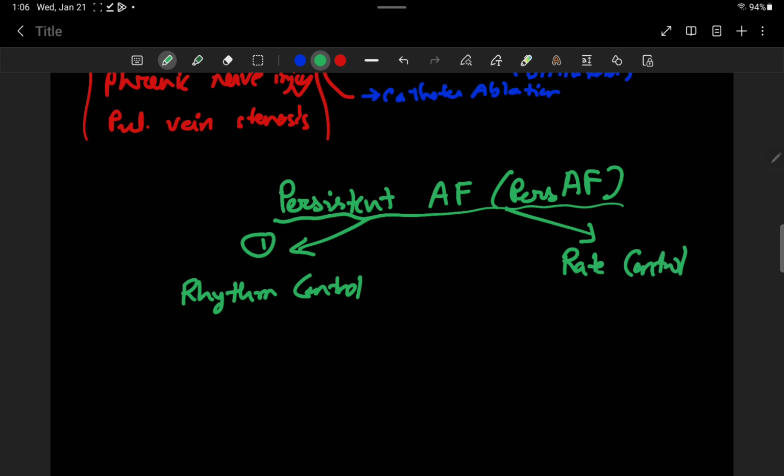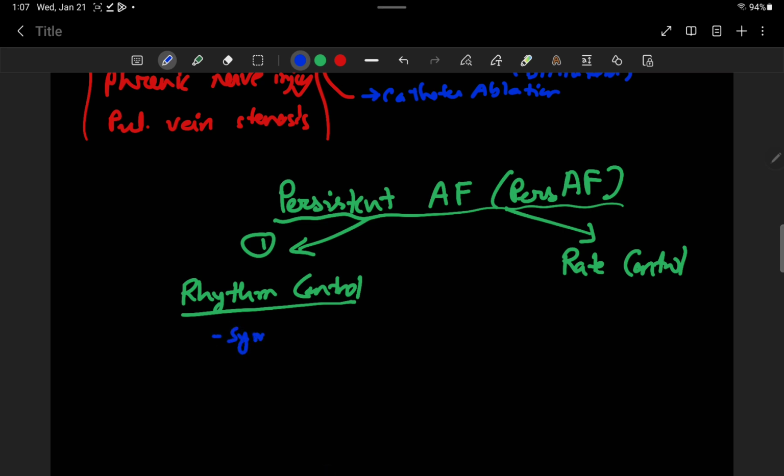In rhythm control, you will choose this if the patient is having significant symptoms, more symptoms, and the underlying cause can be treated, the patient is young, and the duration is less than 3 months and no major structural heart disease. So if you fulfill most of the criteria, you can go with the rhythm control. So when you go, I am writing, please follow.